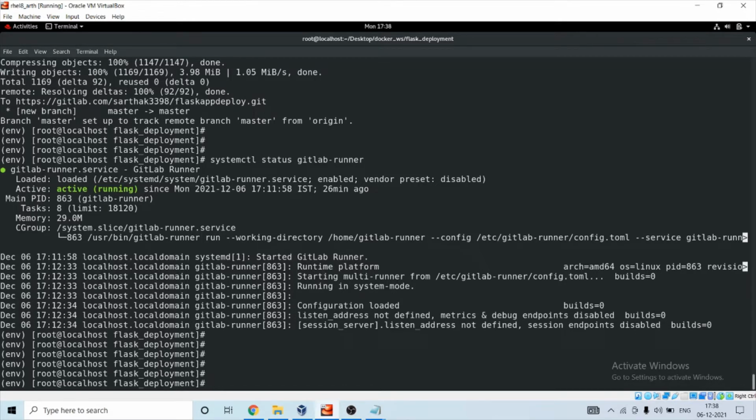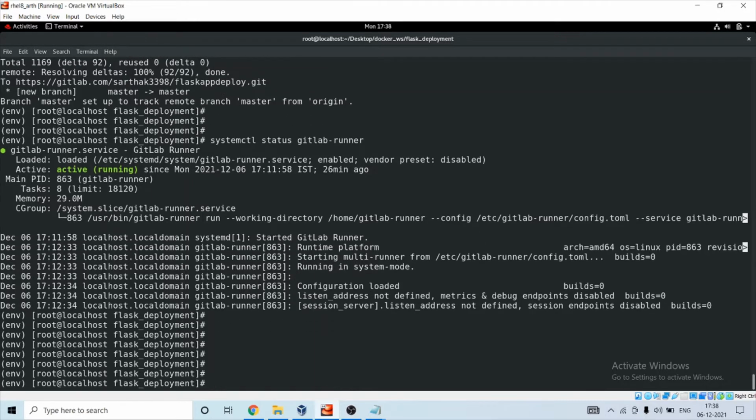Now it's time to register your GitLab runner with your GitLab project. What you need to do is write gitlab-runner register. When you install it, you need to start GitLab runner, using the command systemctl start gitlab-runner.